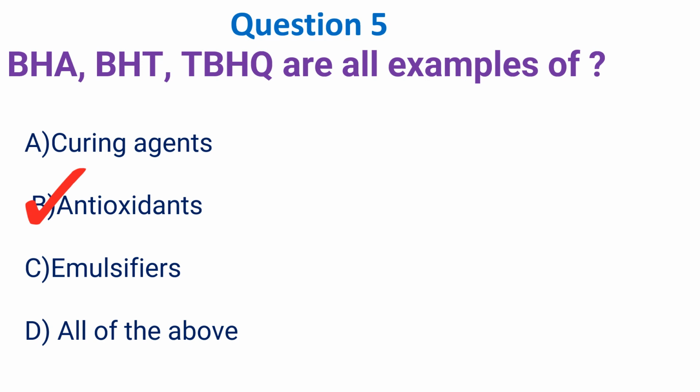The mode of action includes, if the salts are added, then it will have a dehydrating effect through osmosis, and if it is added for color and flavor enhancement, then it will oxidize and bind to the iron which is present in the myoglobin, which is the pigment in the meat, and it will enhance the color, forming the